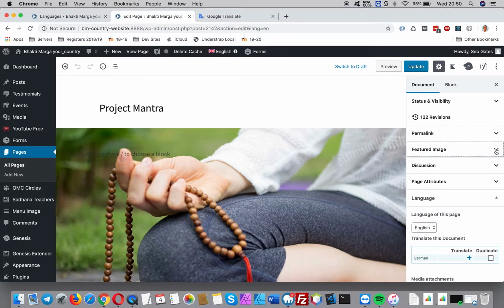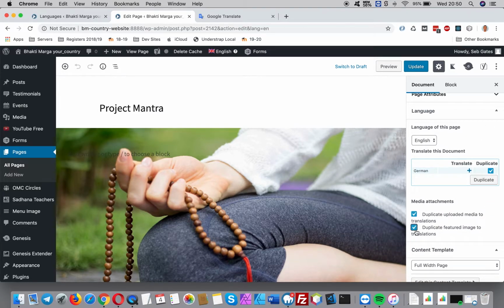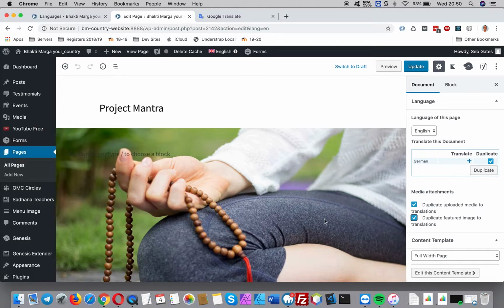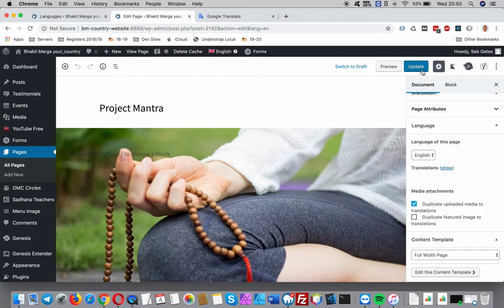Okay, so you've got a featured image there and other things. We want to duplicate everything, including the featured image, to the new page. But when you duplicate it, it doesn't necessarily instantly bring the content across for some reason. So you may have to just do this twice. It seems to work. After we update it here like this,